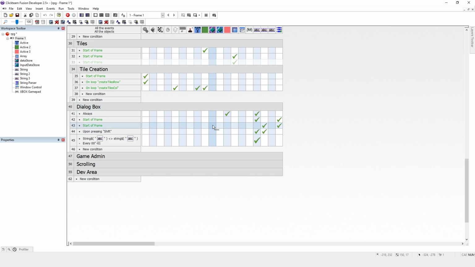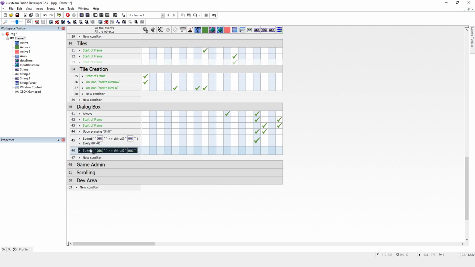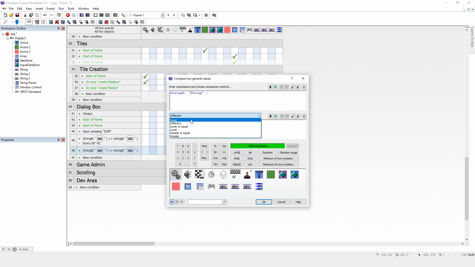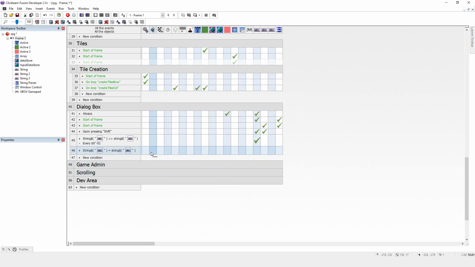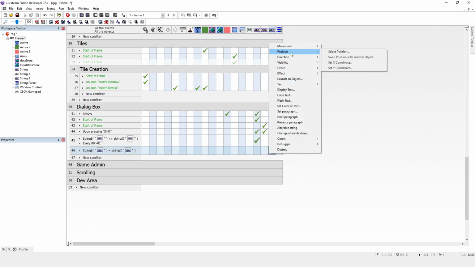And so what I want to do is I want that to show up when the text has finished scrolling. So all I need to do here is drag that condition there, double click on it and say, well, when it's equal, remember we've got string 2 is off the camera, and that's the desired text. String 1 is the one that you see on the screen, and string 1 will keep going on until it looks the same as string 2. When it looks the same as string 2, it means it's fully loaded, it's fully done. And we want that to say, well, when it's fully done and fully loaded, then we want to change the position,